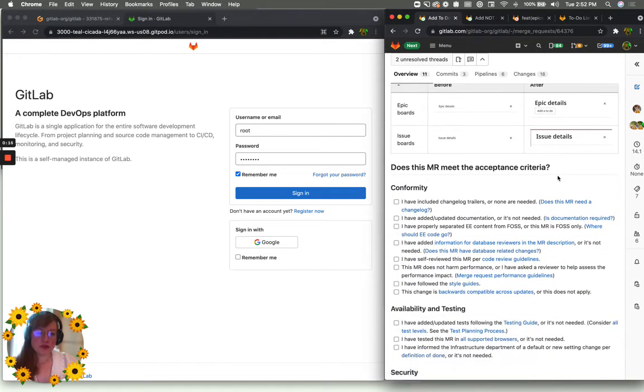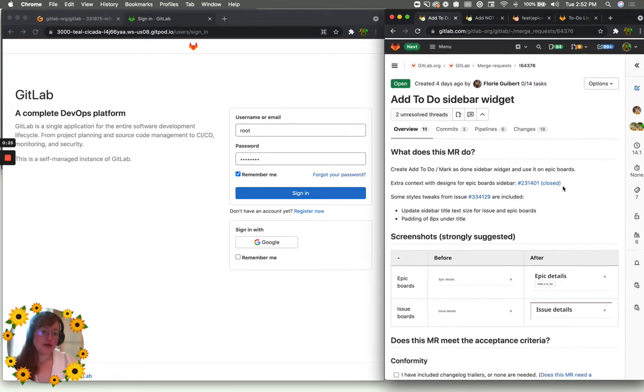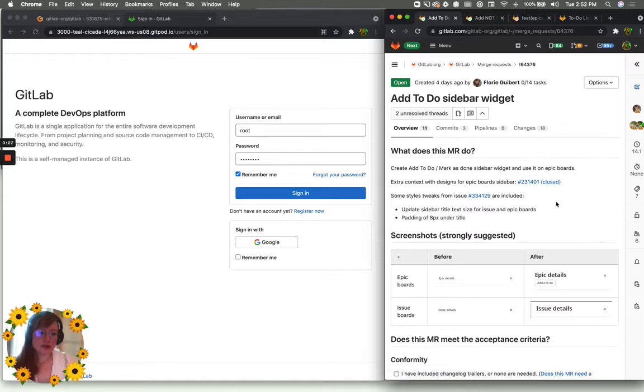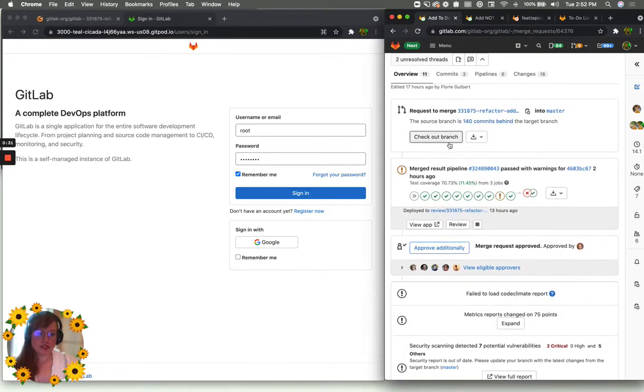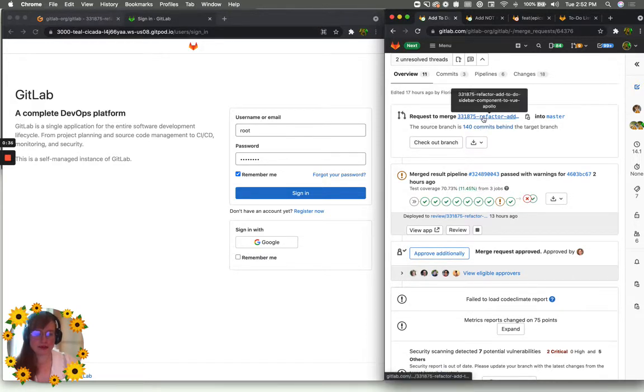So usually when I check out branches or review MRs in GitPod, I go to the overall project and then I open GitPod from there. But you can actually just look at a MR and look at the branch just by clicking on this link here. So when you click into that,